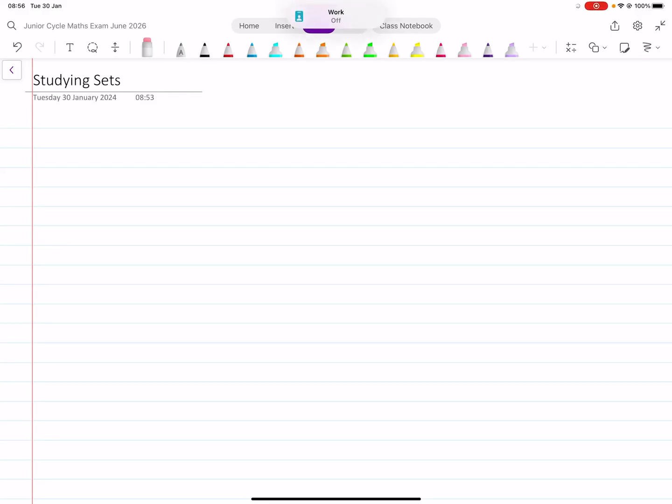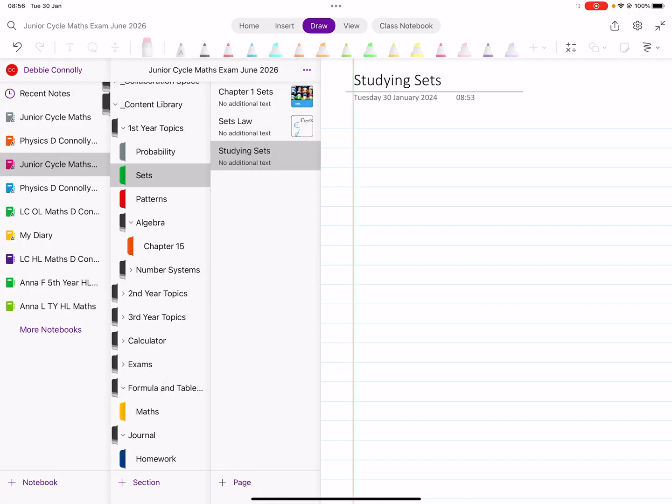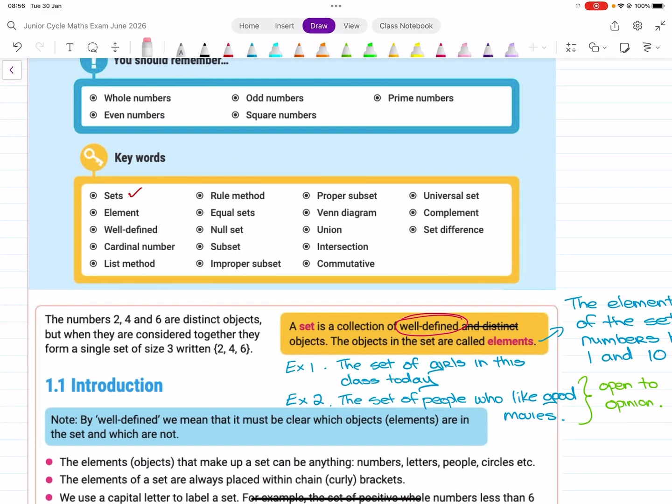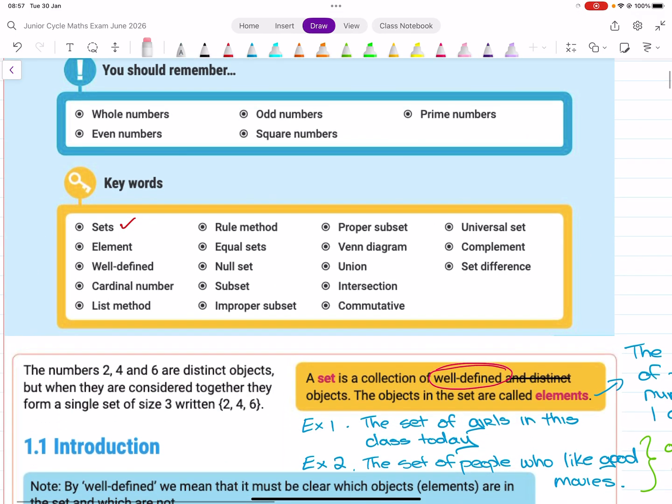Okay, I just wanted to talk to you about what I think is the right way to study maths. So I just chose sets because I thought that if I went with a Leaving Cert higher level topic, it wouldn't be accessible to students in second or third year, whereas sets is one of the first things we do in first year. So you have your book, and in your book,